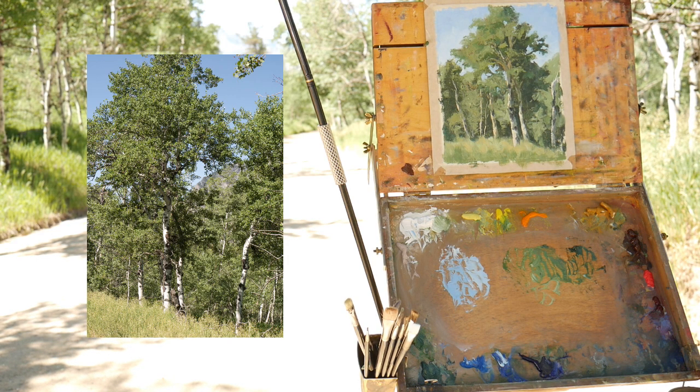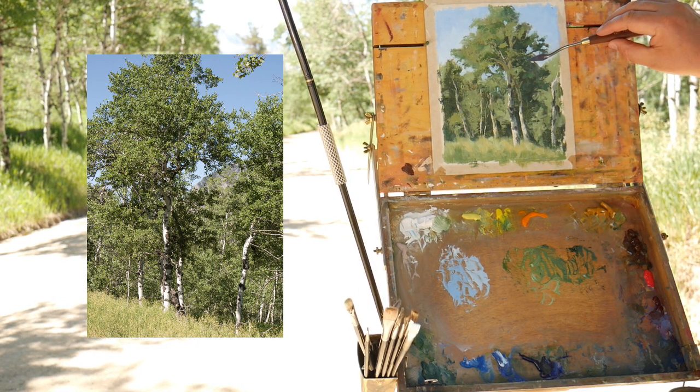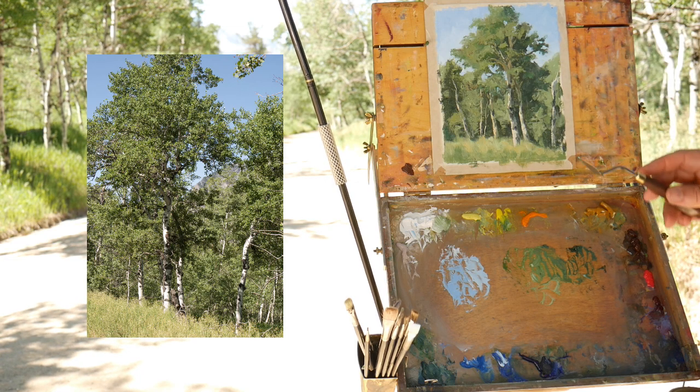I'm hearing some kind of grunting up in the trees back there. No bear! Just want to make sure that it's not a bear. Most likely it's probably an elk or a deer or something like that, but